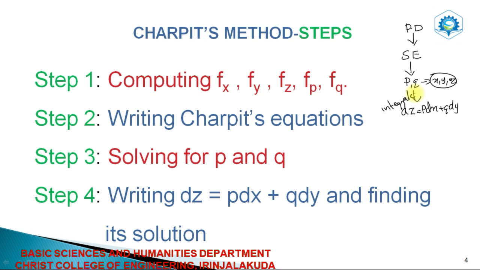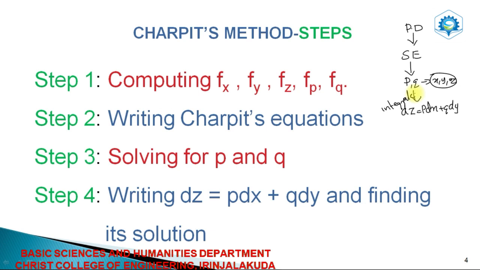So we will start with finding partial derivatives, then substitute in the equation. Then we will find p, q in terms of x, y, z. Then we will use dz equal to p dx plus q dy. Note that it is not necessary to use all the fractions in your subsidiary equations to obtain the solution. Our aim is to find p, q in terms of x, y, z.